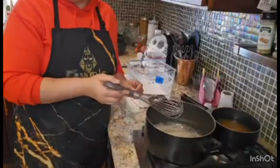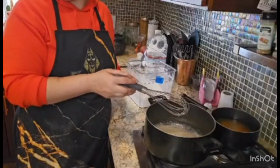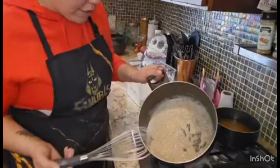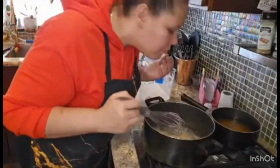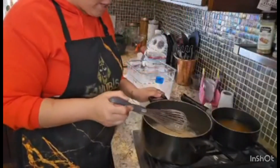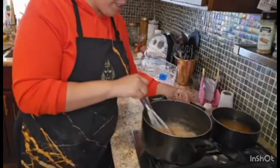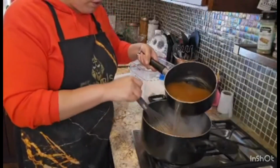Show us the color that would be ideal for cooking out the floury taste, right? Well, yeah. As soon as it starts to turn a little brown, that's it. And it starts to smell a little bit nutty. So it's a lighter brown, and the longer I leave it on the stove, the more it's getting brown. You can see it already, it's getting a lot darker. So now I'm going to slowly...